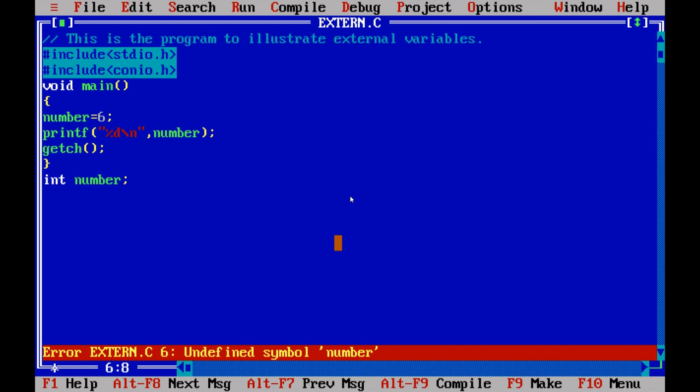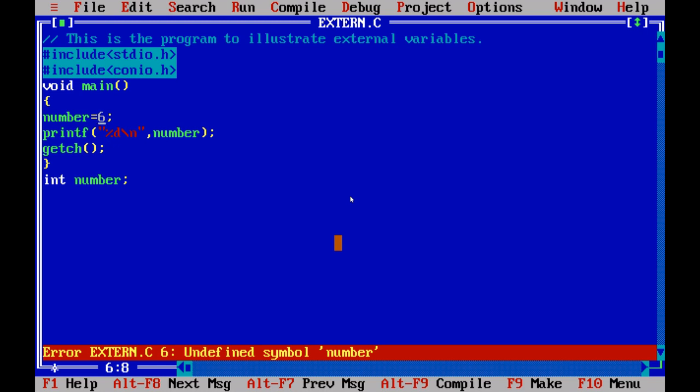The reason here is the program execution starts from the main function only. So we should give the information to the compiler as number is the external variable which is declared somewhere in this program, or else it may be in some other program too.